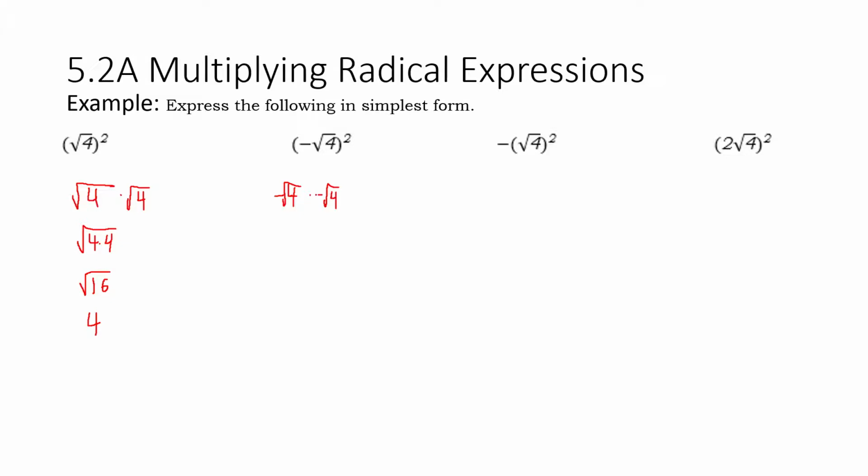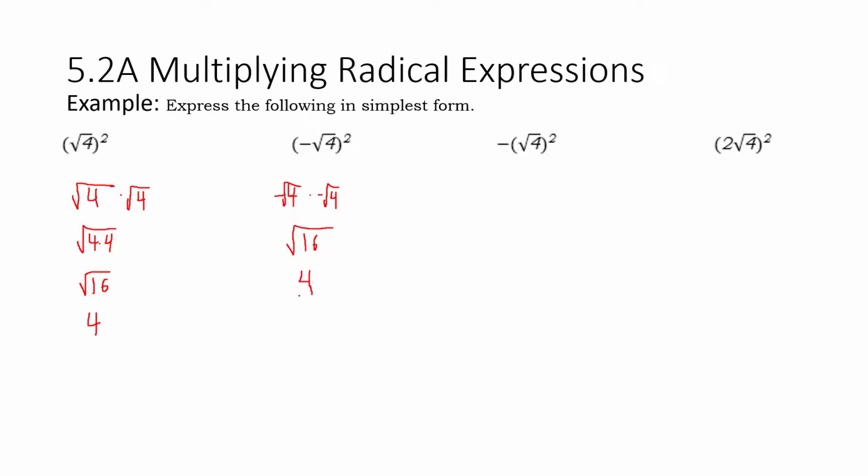Any negative times a negative cancels out the negative. So negative 1 times negative 1 is just positive. Underneath the root, though, we still have the 4 times 4, which we know is 16. Root 16 is still 4. Note that we get the same thing. And that's part of our understanding about squaring anyway, that a positive and a negative squared will give